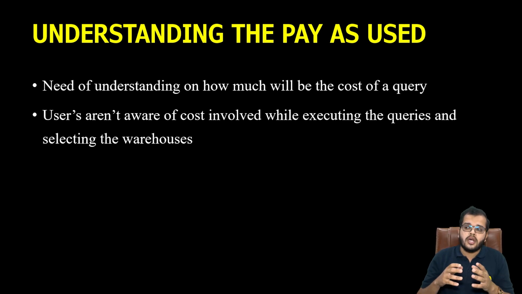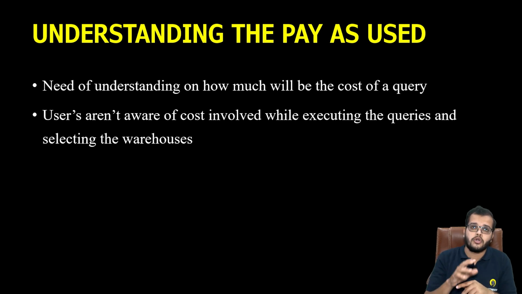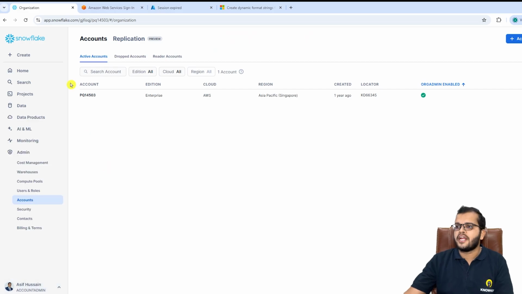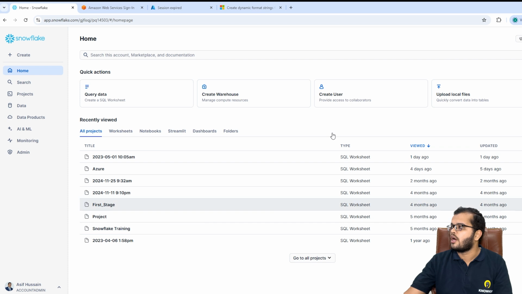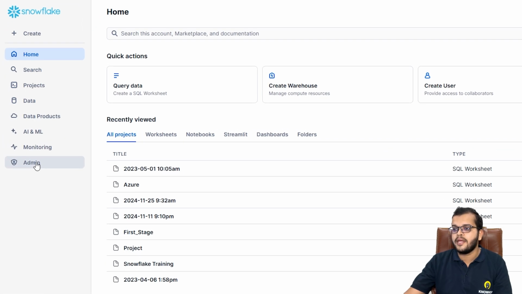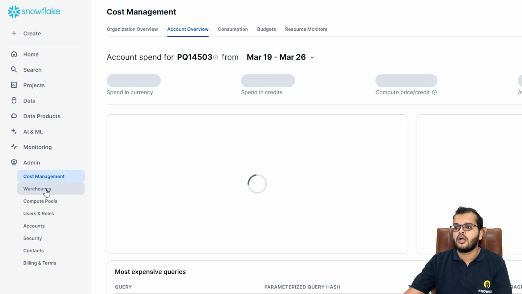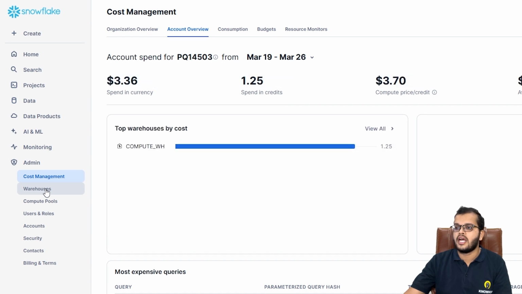Okay, so you should be aware of what the cost involved can be when you are executing a query, and what type of warehouse you are selecting. Here, if I show it to you, under Home, if I just open it, we can see that we have an option called Admin, and under Admin, we have something called